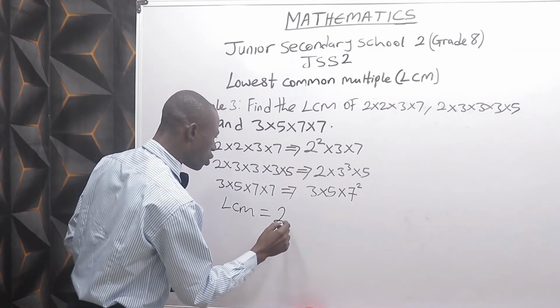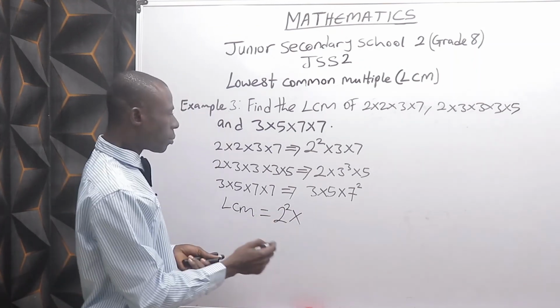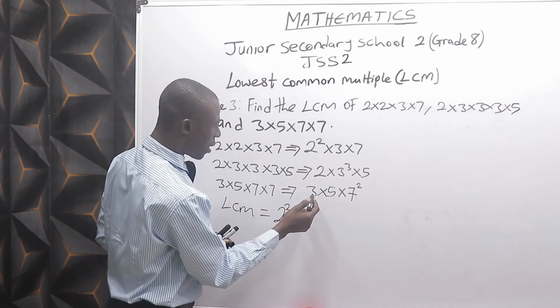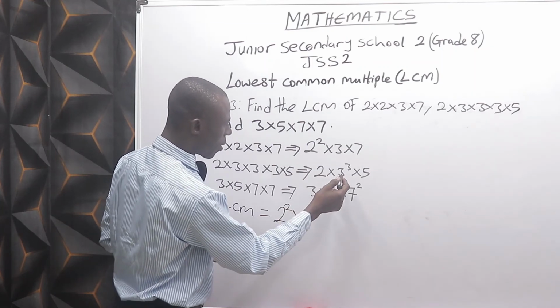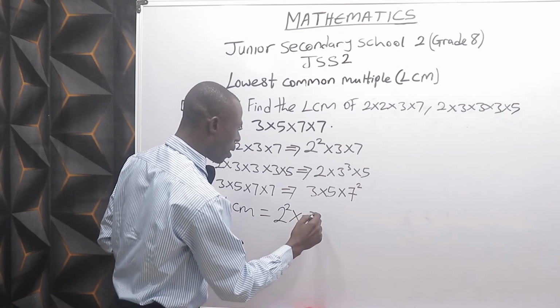So we write 2 raised to power 2, the one with the highest power, times, we go for 3. 3 raised to power 1 here, 3 raised to power 3 here, 3 raised to power 1 here. We take the one with the highest power, 3 raised to power 3,